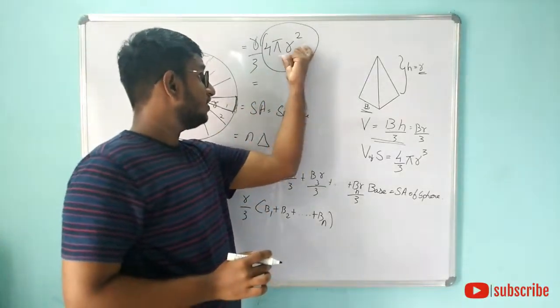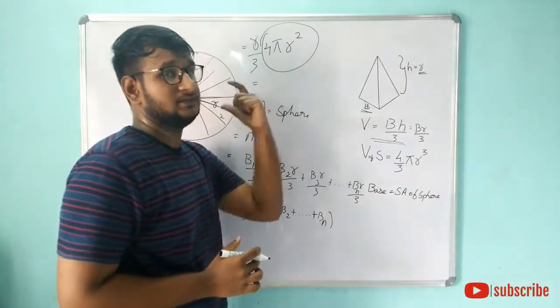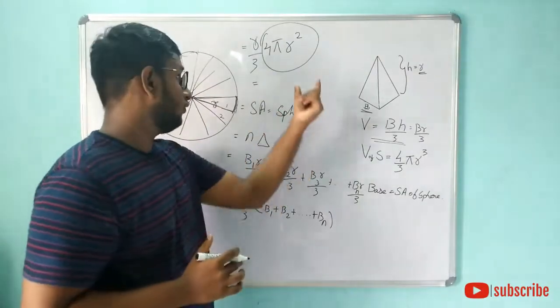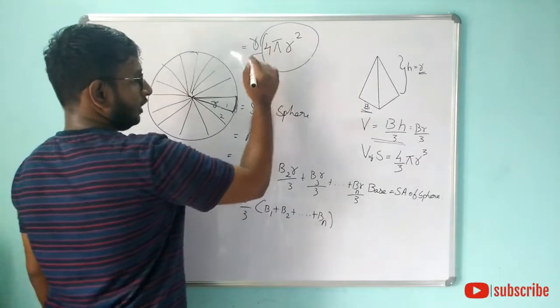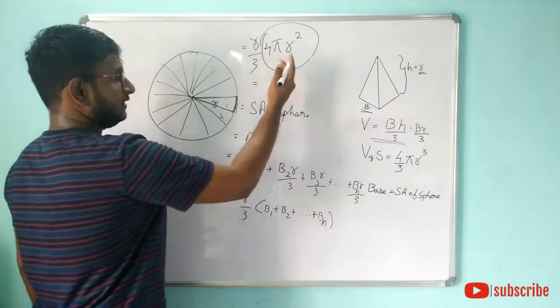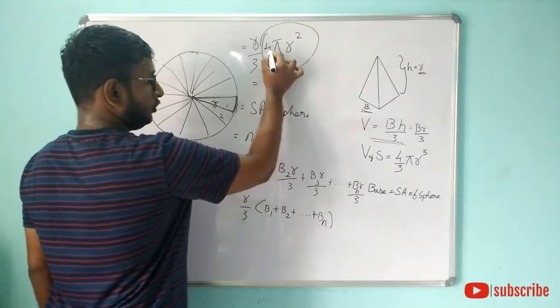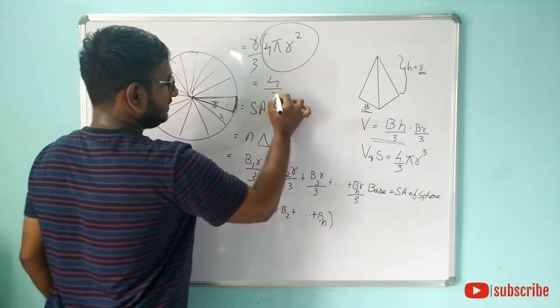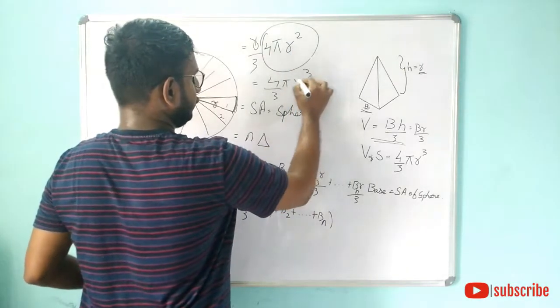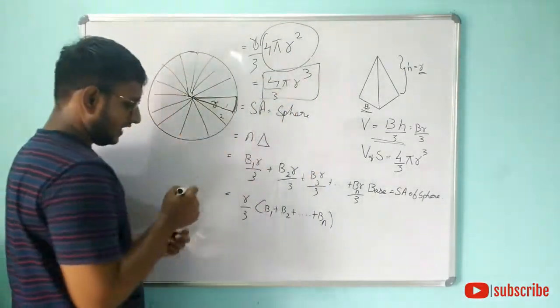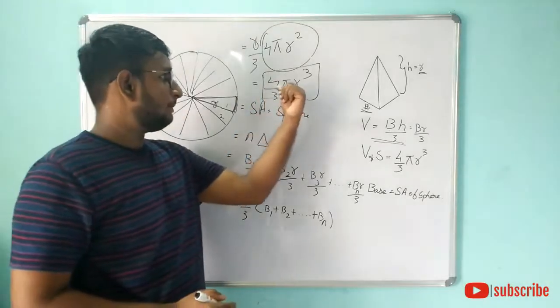So how we derive the formula for 4 pi r square, I have explained in the previous video. So if you want to know this, you can check that out also. So now we are going to use simple derivation, that is we are going to take 4 outside, 4 by 3 pi r into r square, r cube. Okay, this is how we derive the formula 4 by 3 pi r cube.